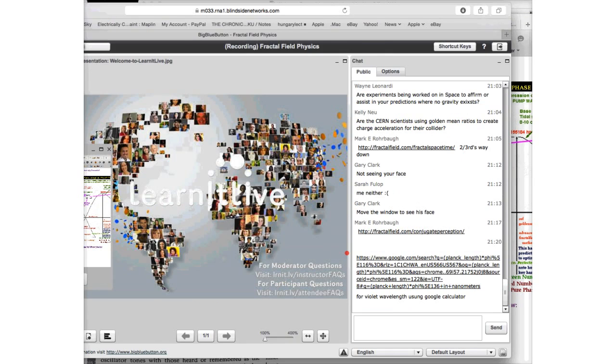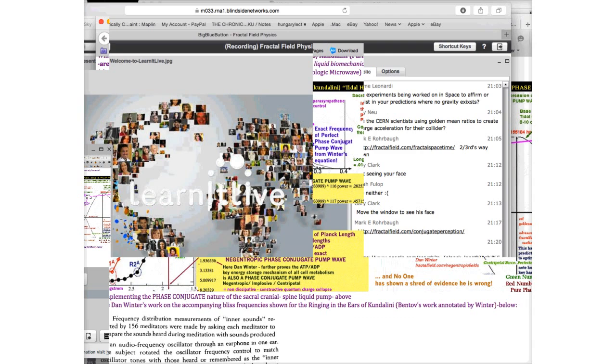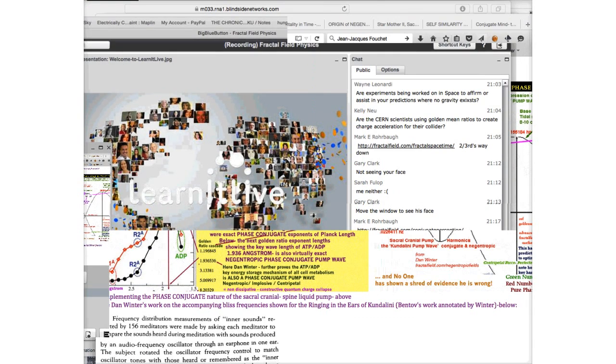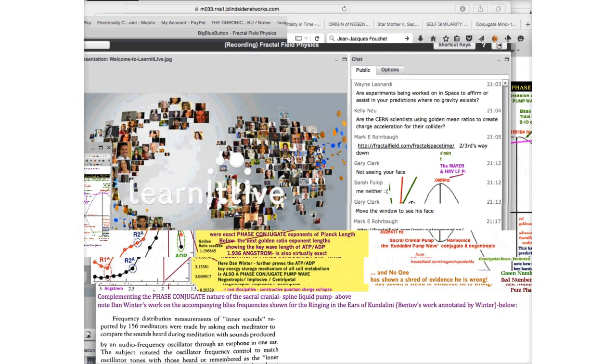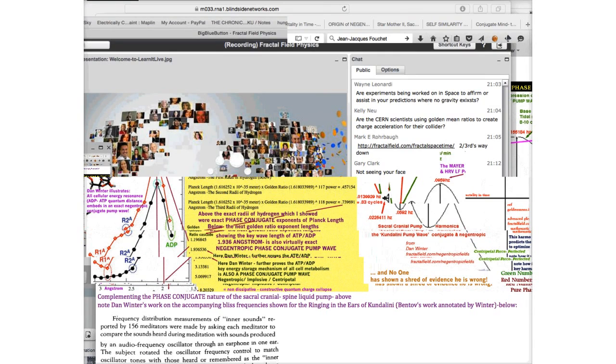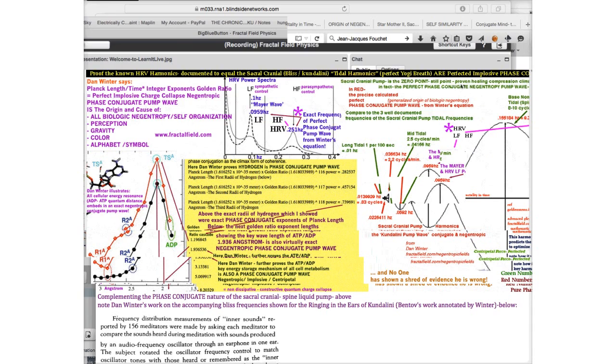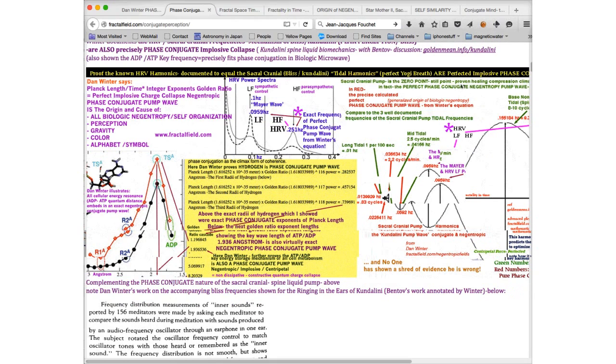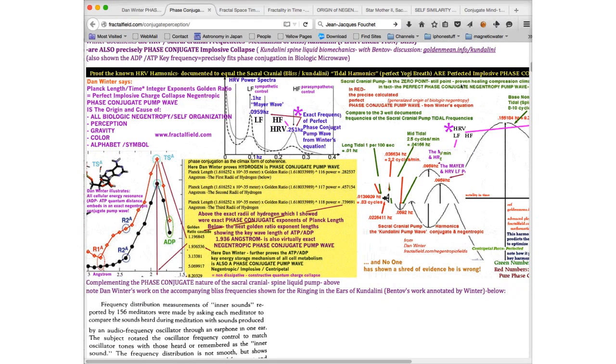Okay. So the other pieces of hard evidence for this phase conjugate theory of all negentropic and centripetal forces. I mean, you know, at a minimum, what I wanted to do in this course tonight was present the hard evidence, the evidence that I say is not easy to argue or contravene. For example,